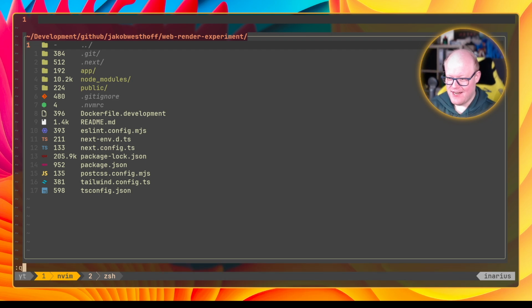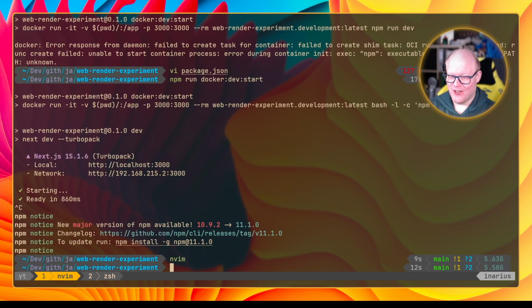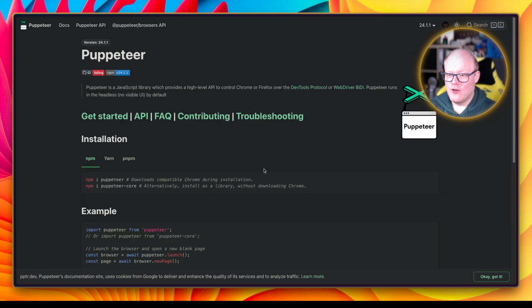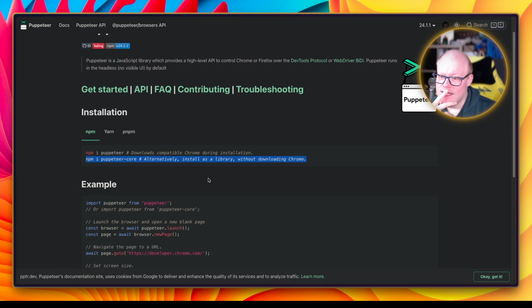First of all, I guess I need to install Puppeteer, don't I? So install, is it just Puppeteer, or what is it actually? Let's see. How do I actually install it? Because there is a version there which installs Chrome. Usually it installs Chrome, but as I've said, I want to manage that myself. So, download compatible Chrome during installation. Yes, and there is Puppeteer core. Okay, alternative in the library without downloading Chrome. Okay, that's interesting. When they changed that,